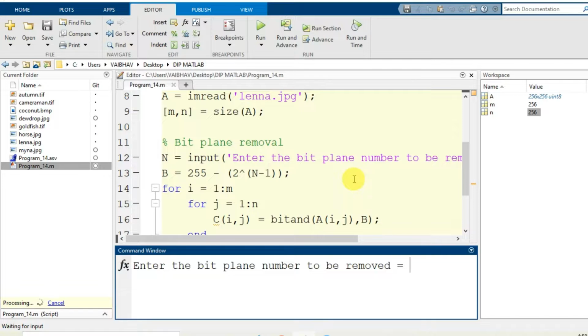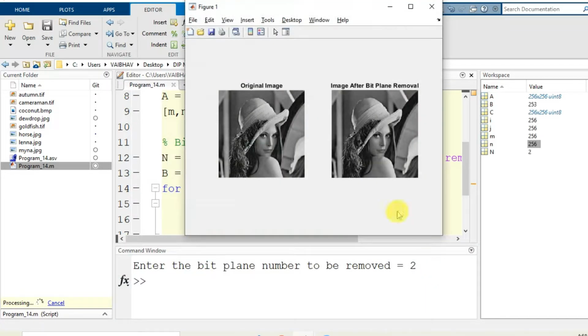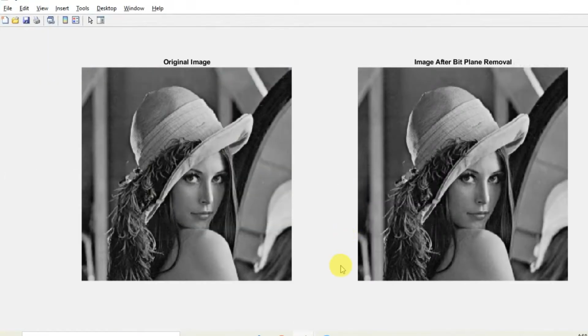As I run this particular program, you see on the command window that after a clear screen there is a string printed, enter the bit plane number to be removed. As we accept the numbers 1 2 3 4 5 6 7 and 8, let us say the second bit plane is to be removed. I hit enter. Now you see this is the original image, and this is the output image after the bit plane removal.